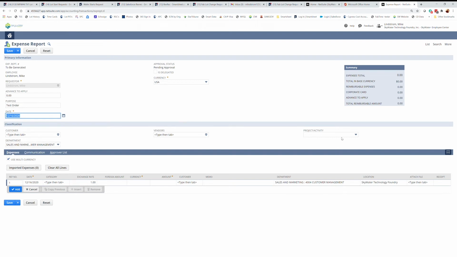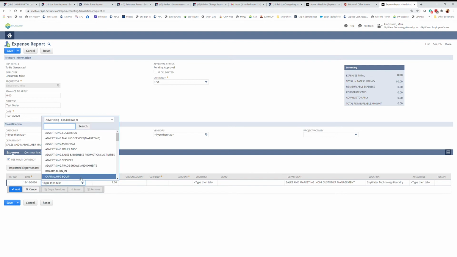If there's a project or activity that's associated with that expense, you can attach that from the drop down here. When it comes time to start entering the expenses, line item number 1, category, you can hit the list. And again, it brings a long list of items, employee morale, advertising. If you don't see it on this list, then you would select the next group of items from the large